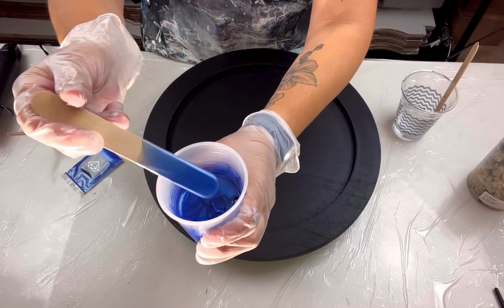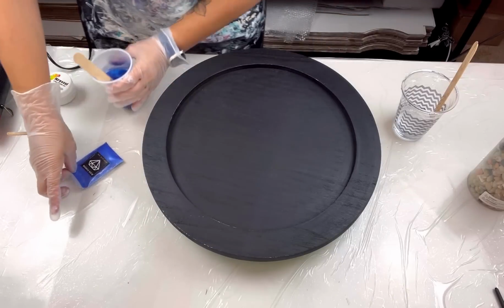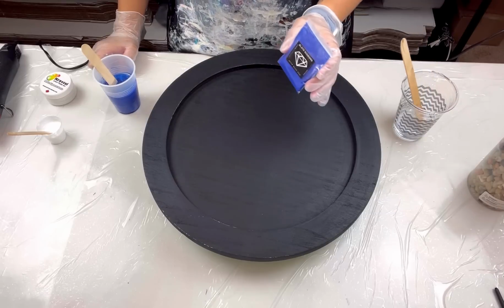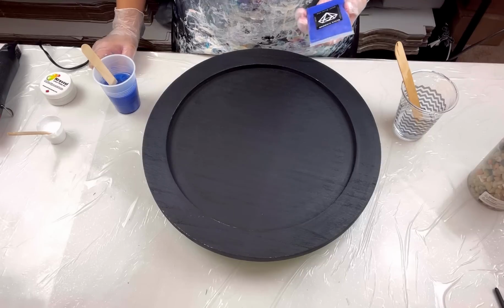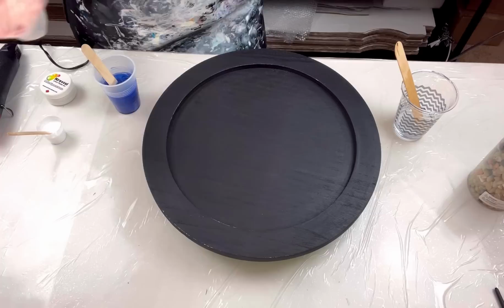So look at this beautiful blue. Okay, and that is called Deep Blue Sea by Black Diamond. Now, there's all kinds of pigment companies out there. There's Black Diamond, there's Baltic Day, Krystal Resin has pigments. I have so many pigments